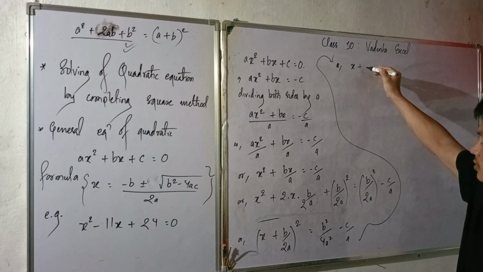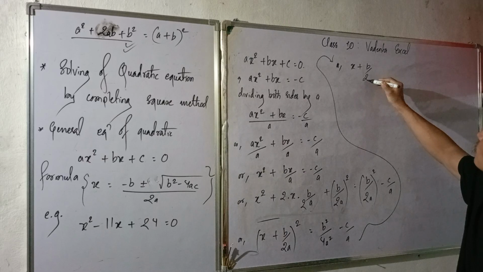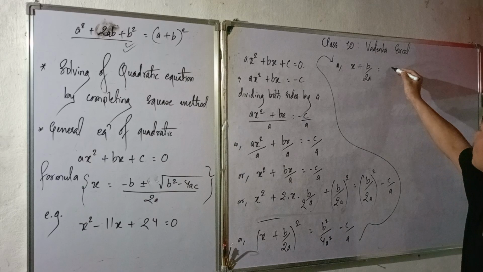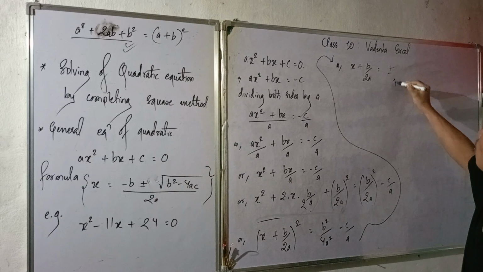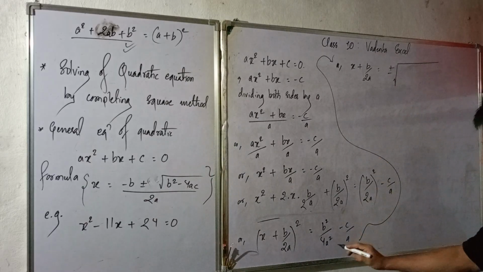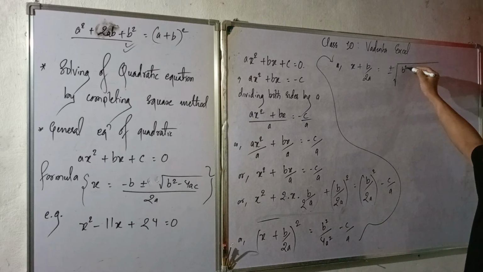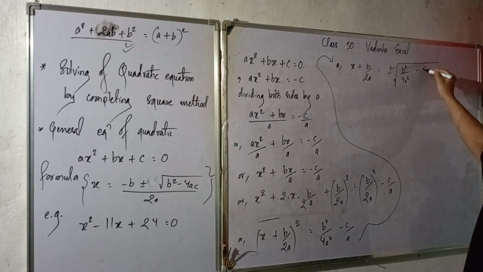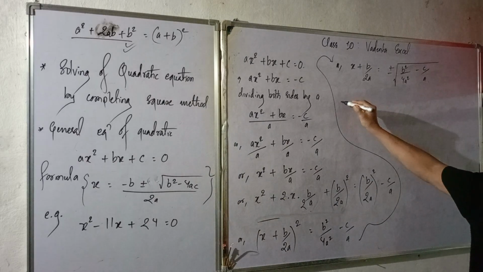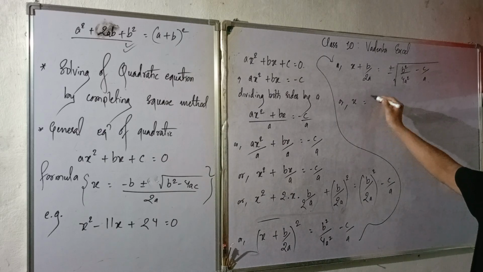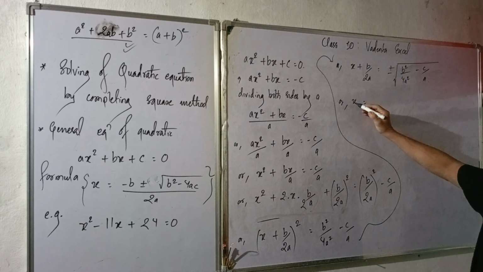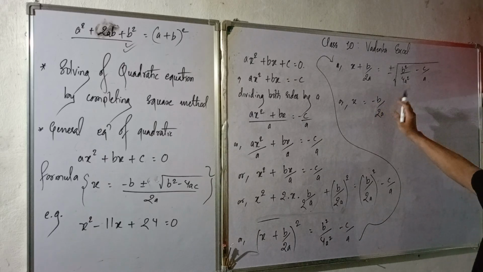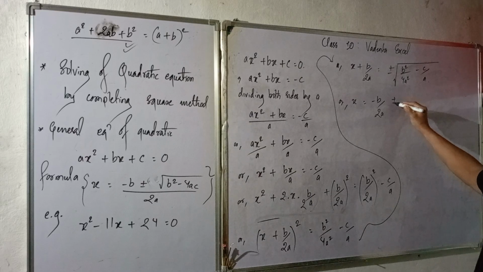Now x plus b by 2a is equal to, when you move this square to the other side, it becomes plus minus whole root of b square by 4a square minus c by a. Or x equals to, now to make x alone, minus b by 2a goes to the other side and becomes minus b by 2a plus minus,